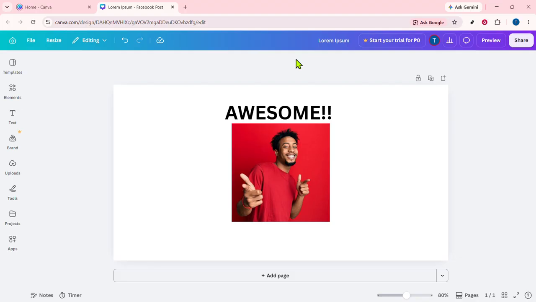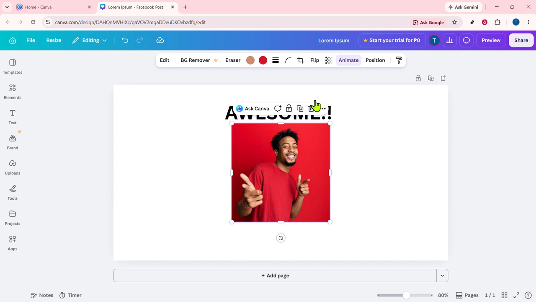Once you're inside Canva, you can either create a brand new design or open a project you've already been working on. This gives you flexibility depending on whether you're starting from scratch or just adding animation to something that already exists. If you're creating a new design, choose the format that fits your project, like a presentation, social media post, or video canvas. If you already have a design ready, simply open it and go to the page where your